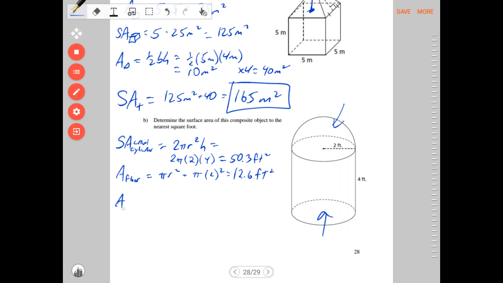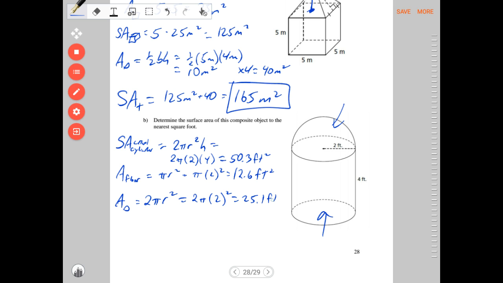So the area of the hemisphere is 2 pi r squared. The surface area of a whole sphere is 4 pi r squared, so we divide that by 2 to get the 2 pi r squared, but we don't have to add on that extra circle. So 2 pi times 2 squared,